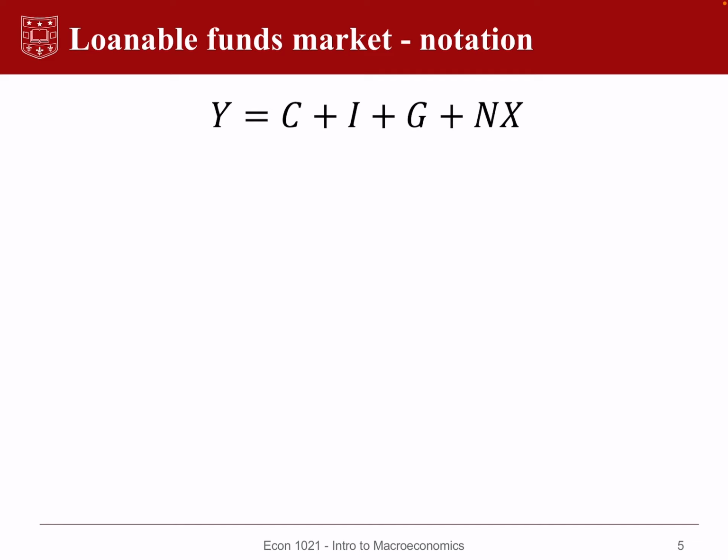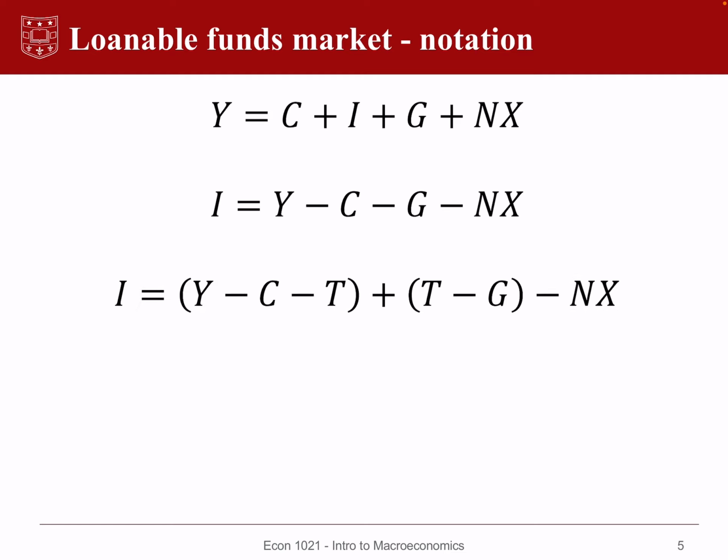So Y is gross domestic product. In this case, we're going to express this with investment on the left-hand side of the equation and all the other variables on the right-hand side. And as we saw in the previous set of notes, we're going to do our little trick of subtracting and adding taxes to get the expressions that we see in the parentheses,